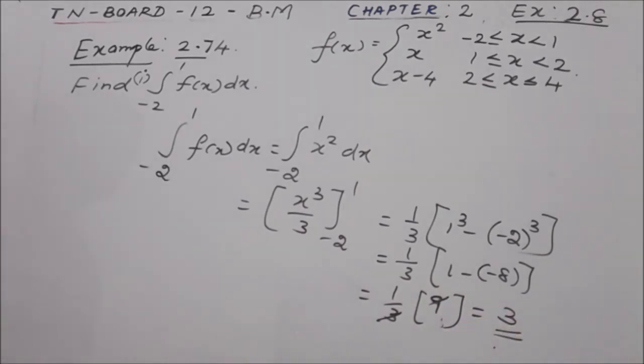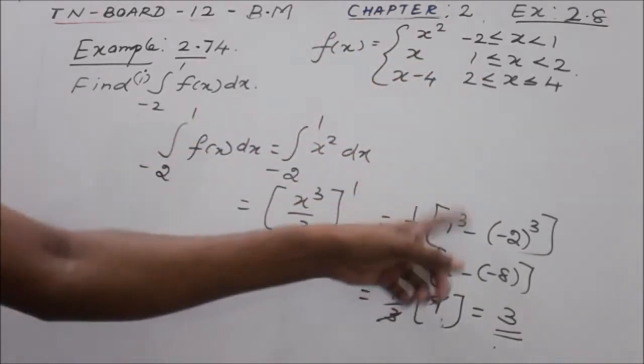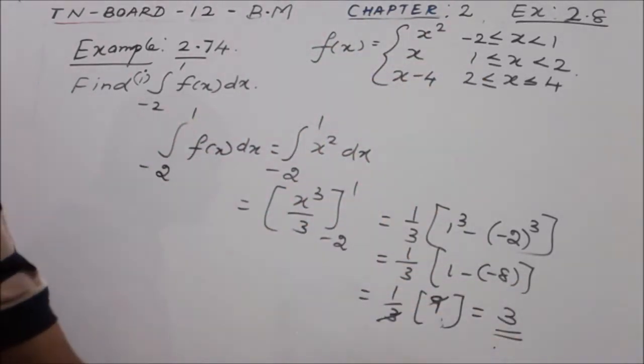A very simple thing. Just integrating the given function within the limit and substituting upper limit and lower limit will get the answer directly. Now we are moving to the second subdivision, that is